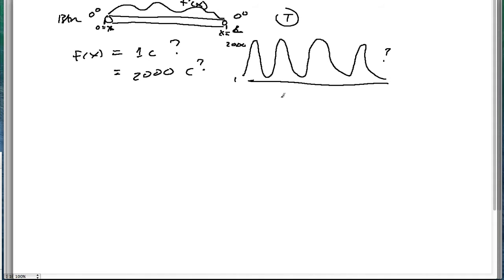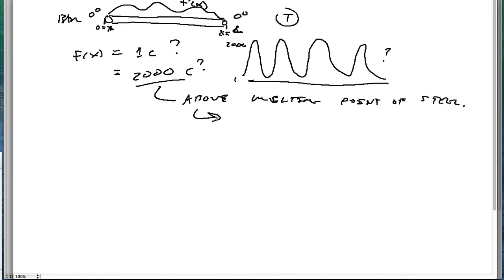This defies our mathematical model, because we know 2000 is above the melting point of steel. So the steel will be liquid, right? That'll be liquid steel. So we wouldn't expect Fourier's law